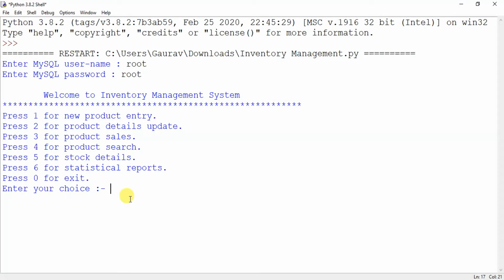Here the menus are for new product entry, updating the product details, selling the product, searching the product, then the details of the stock. Then I have also made a menu for statistical report, where we will be using graphs, and as we have discussed in the previous video, I have this option to press 0 for exiting the system.